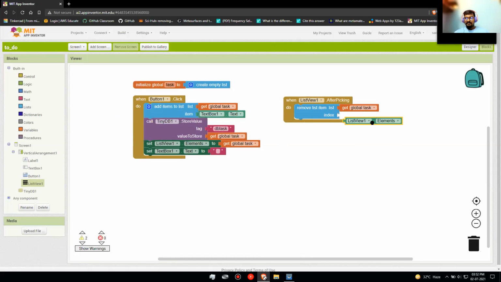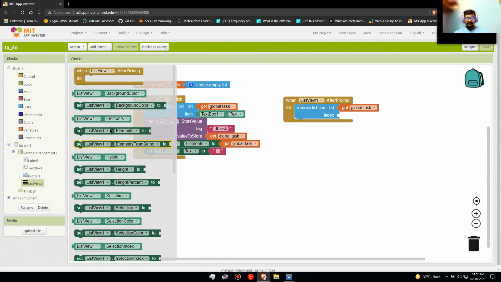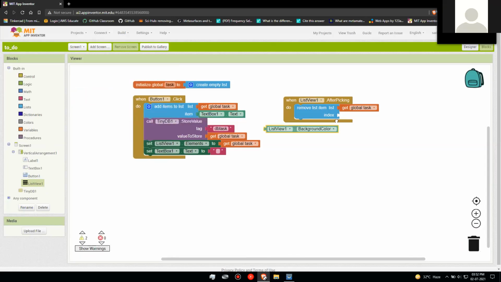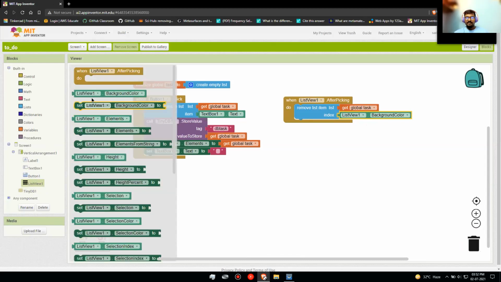We have to click that list view elements, and change that elements to selection index. So again, we have to select that from list view. Go in list view and then select the second one, that is list view dot background color. We can change that background color to selection index.